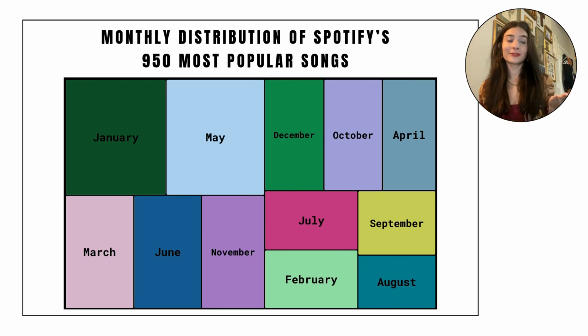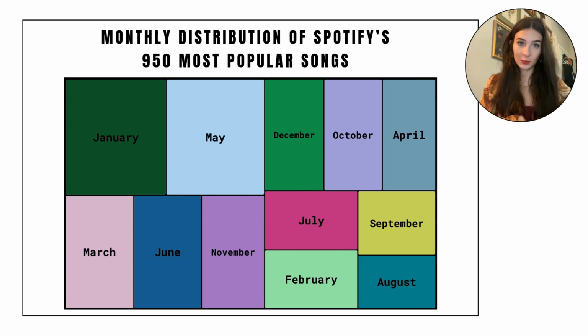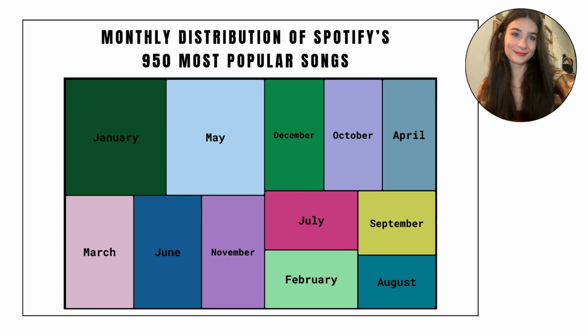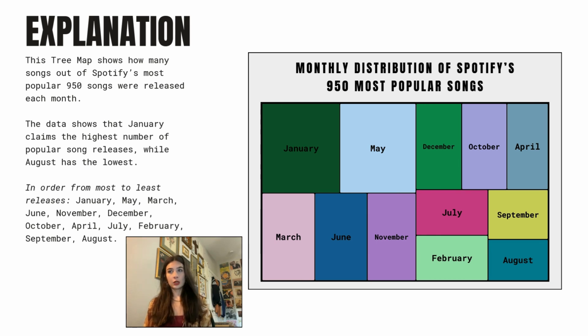So this is my graph. If you click on each little individual square/rectangle, it will show you exactly how many songs were released that month. So my tree map shows how many songs out of Spotify's most popular 950 songs were released each month. The data shows that January claims the highest number of popular song releases, while August has the lowest. In order from most to least, it is January, May, March, June, November, December, October, April, July, February, September, and